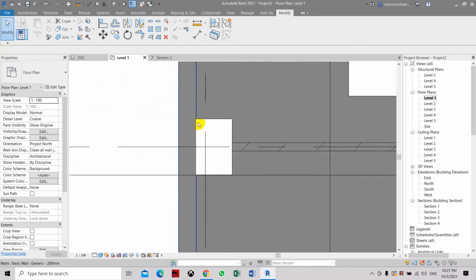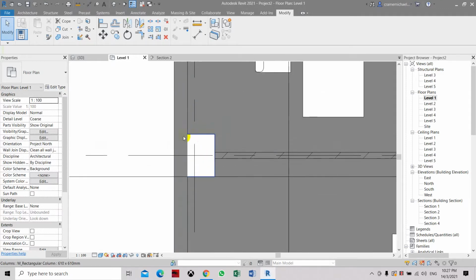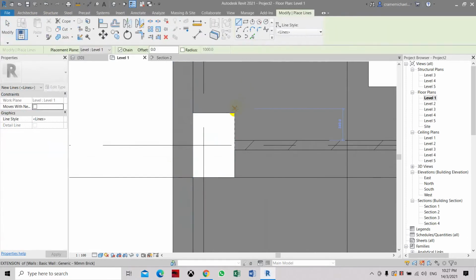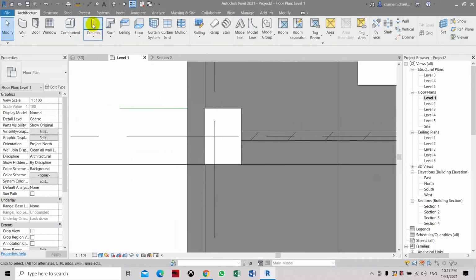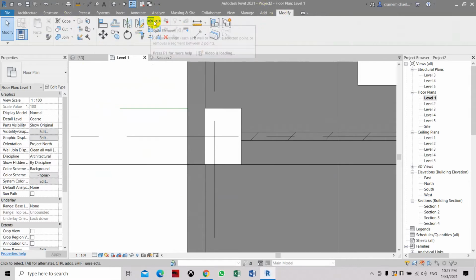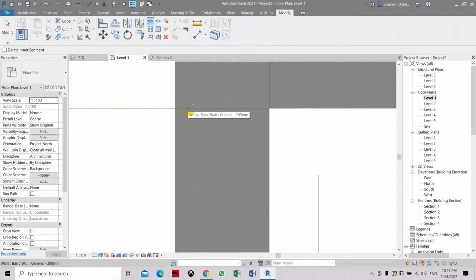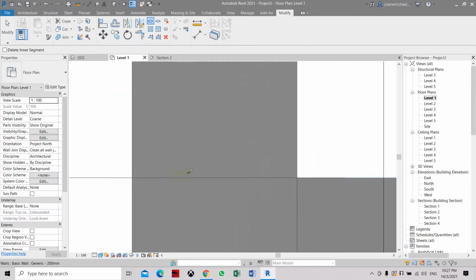Now here we also need to break this wall into two separate walls. We're going to use the edges of the column as our reference. So select architecture, model line, create one line just for reference, another line for reference, extending about away from the column. Now let's go to modify, select the split element, select this. Once it's inside, first break. Now the second element here we need to select,